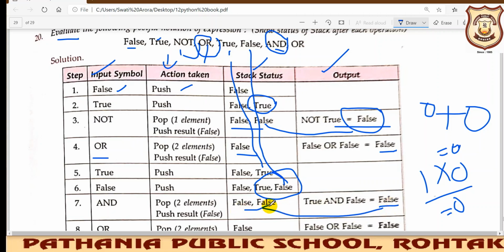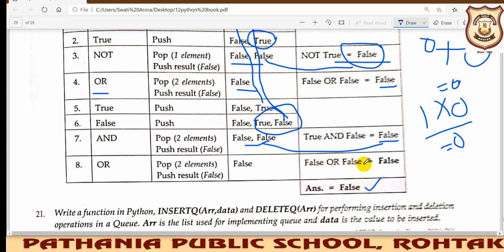So false and false, we have two values now in the stack. And or again is a binary operator, so 0 plus 0 gives you 0, which means false. In the next step, false or false is false, so ultimately the result is false. This way you have evaluated it.